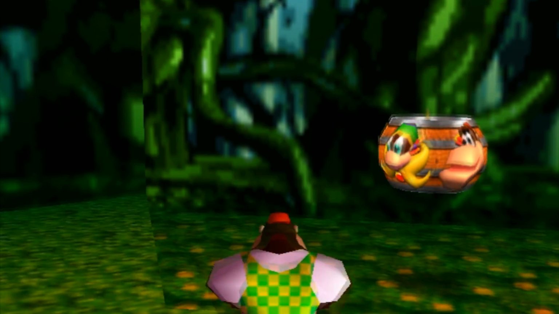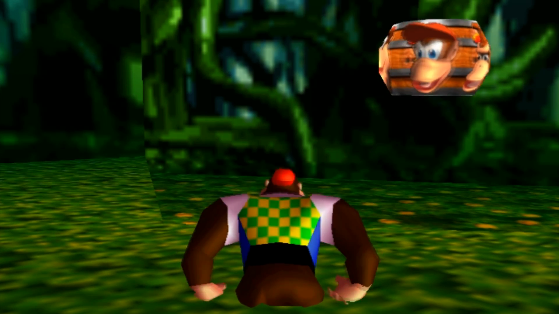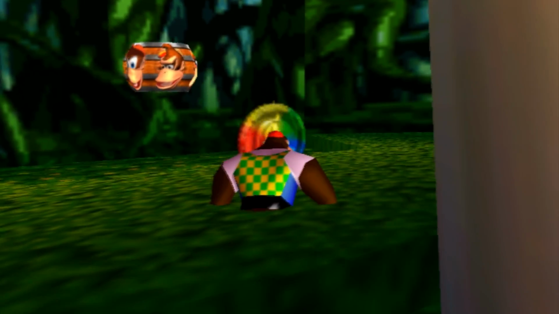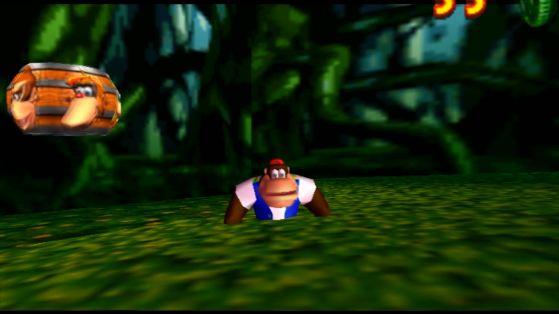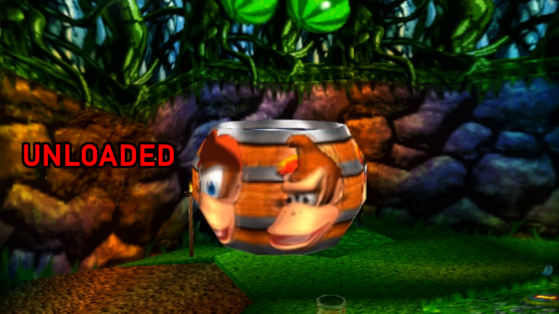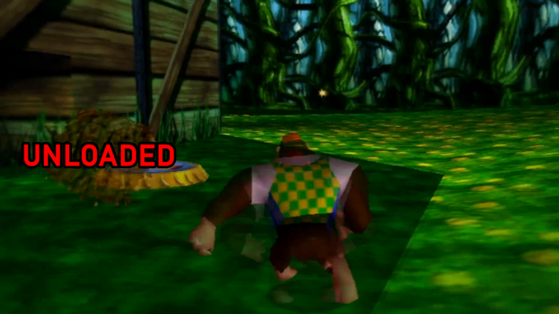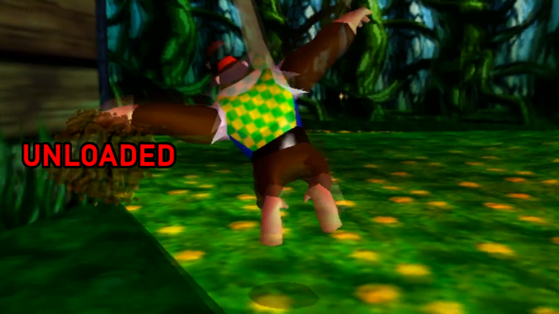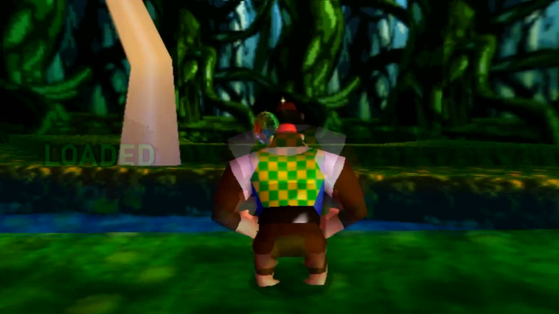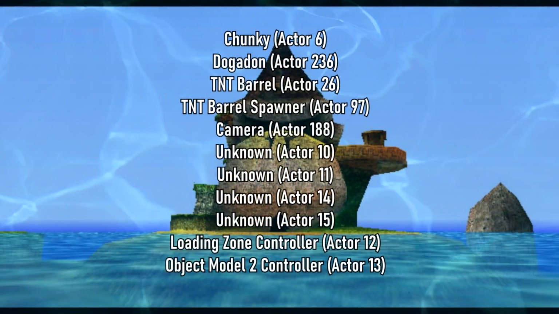To demonstrate this, let's take this example in Fungi Forest. If we shockwave this dirt patch, which is an actor, it will spawn a coin. However, if we warp far enough away, the actor no longer becomes loaded, and therefore all the processes it was performing have temporarily been frozen. When we load it back up again, it finally continues its processes and spawns the coin. In the scenario of Dogadonequick, all of the actors are loaded, and so therefore the code for each actor will